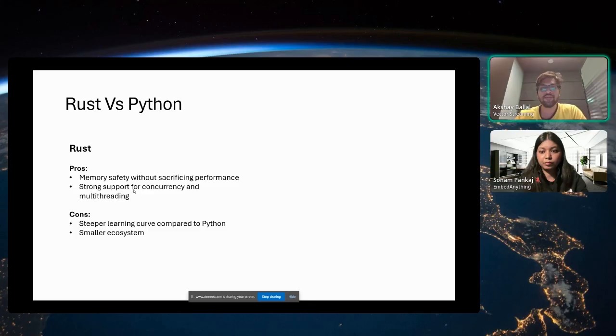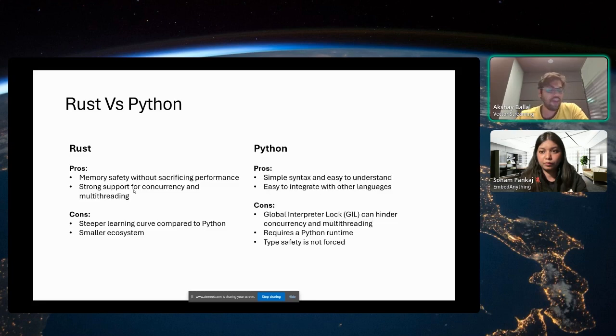Not all databases support Rust, which is another reason we moved to Python as well. Everyone knows Python. Python is great. It has a great ecosystem and integrates well with other languages, like how we are able to use Rust with Python. So it's a great platform to serve your infrastructure.